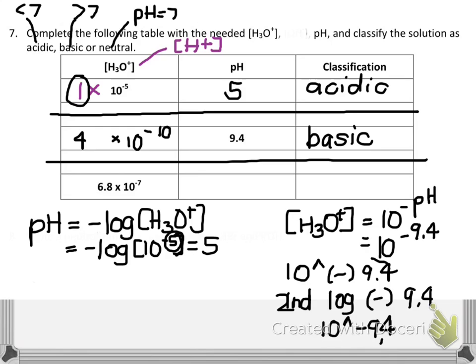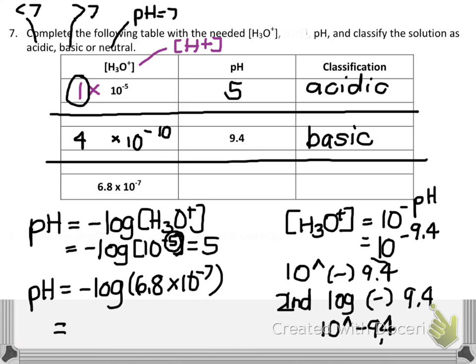Now the final one gives us an acid concentration, so pH equals negative log of 6.8 times 10 to the negative 7. So I'm going to plug this into my calculator. Remember, it's the negative sign, not the subtracting sign. So it's negative log, then I put in 6.8 times 10 to the negative 7. And I get